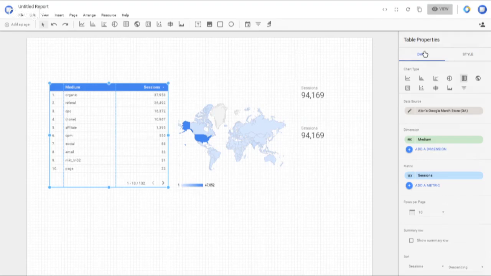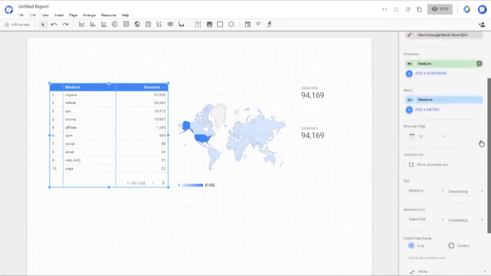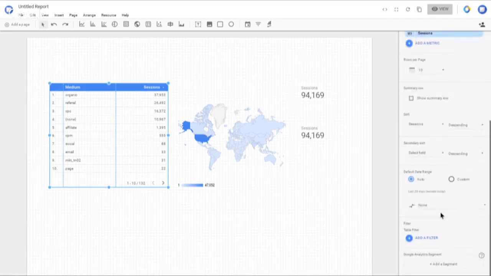Data is all about what is it that I want to surface inside of this component, inside this table, inside of this map, inside of these scorecards, etc. And I can select the metrics and dimensions that I care about. I can decide how things are sorted. I can decide whether I want things filtered, what date ranges I want. So there's over here a fair amount of customization you can do from the